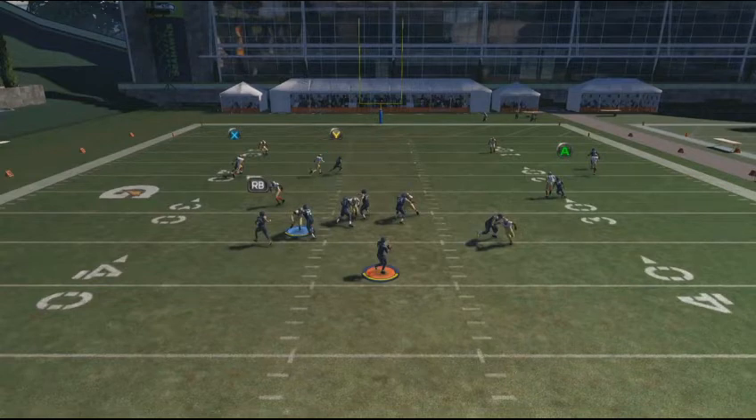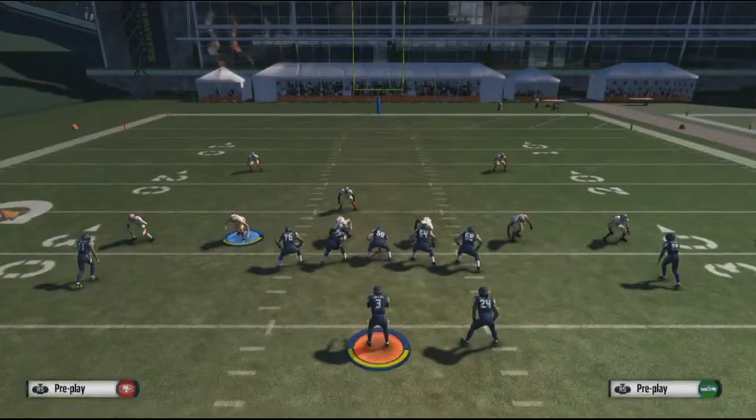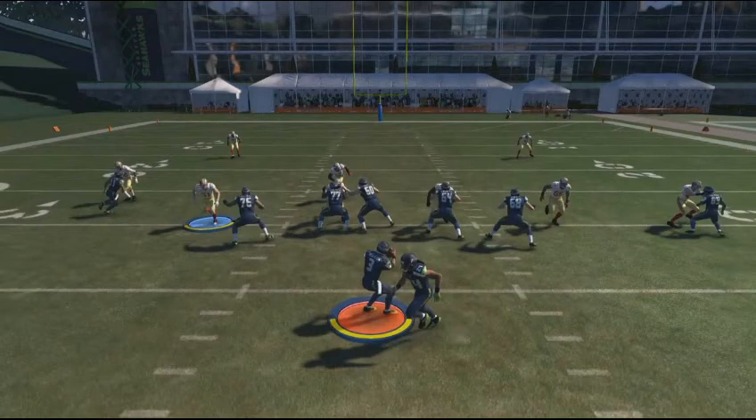One other thing I want to do, I want to rewind it just a little bit more with this play because I want to show you guys something else. Let's go ahead and take a look at something else right here. All right, right there. You notice the other key about this is he does not get jammed at the line